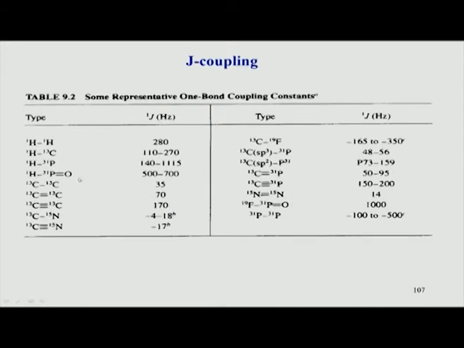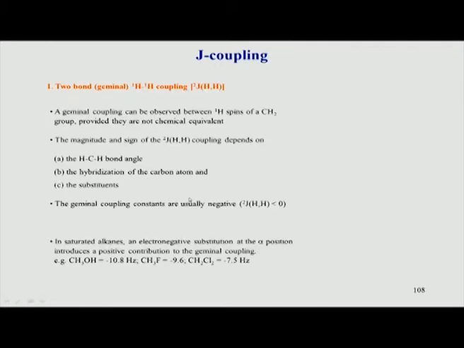So, typically the different coupling values are given here, and these are very general typical values. You can see that proton to carbon is about 110 to 270 depending on a variety of factors like the hybridization state and substituents and so on, and these are ballpark numbers. We do not have to go into detail, but this gives you an idea of the different values. The hydrogen couplings, the vicinal and geminal, are not listed here; that will come up in the next few slides.